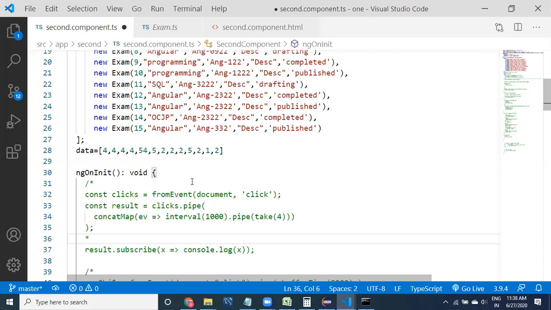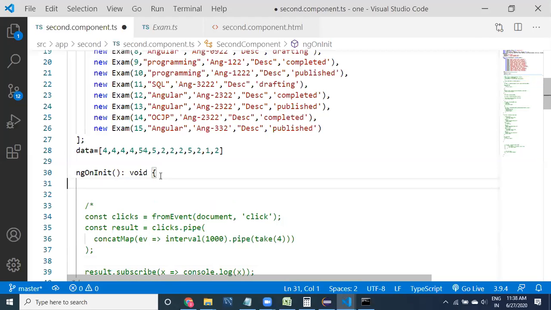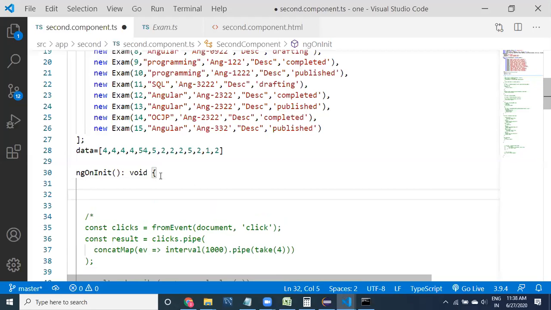Okay, I'm going to explain this concatMap later, no problem. Yeah, let me show you scan first here. What I will do is